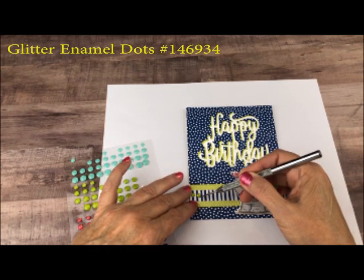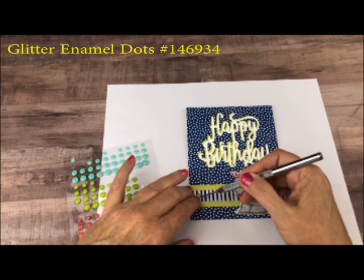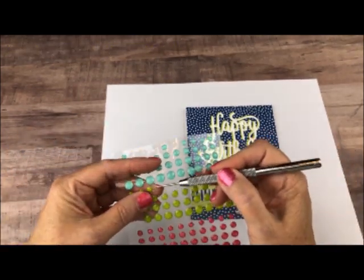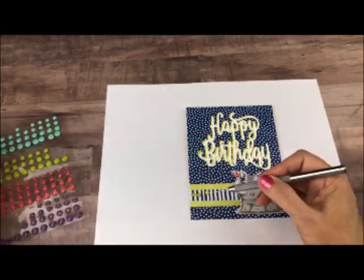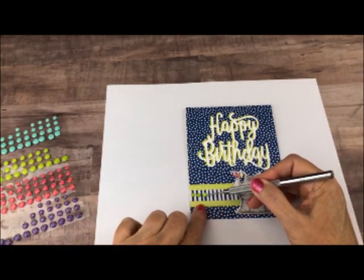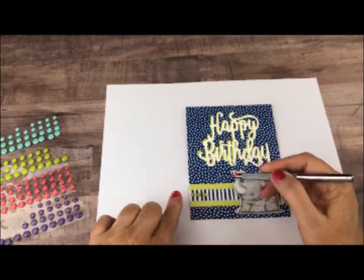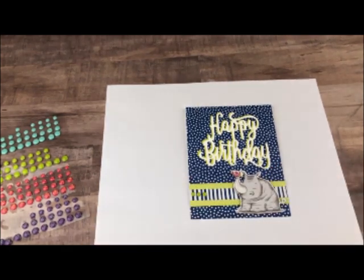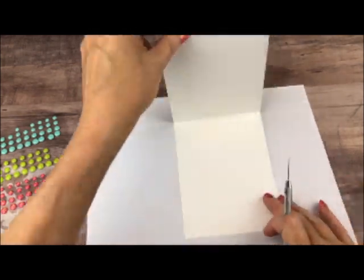There's also a brand new tool. I have ordered one, but I haven't gotten it yet, that will pick up these. It has several different functions. So when that comes in, I will show you that. Okay, so I've got my little dots on there, and then for the inside I need to